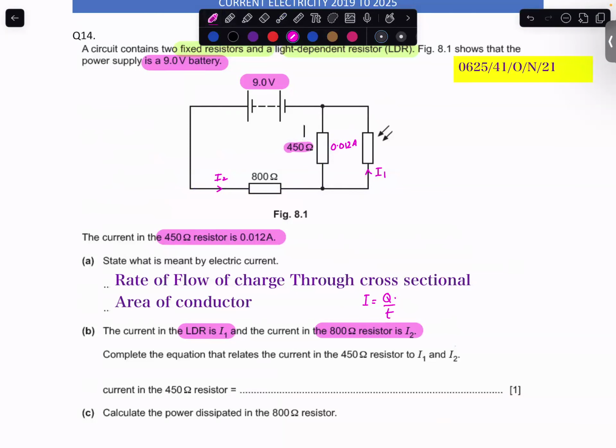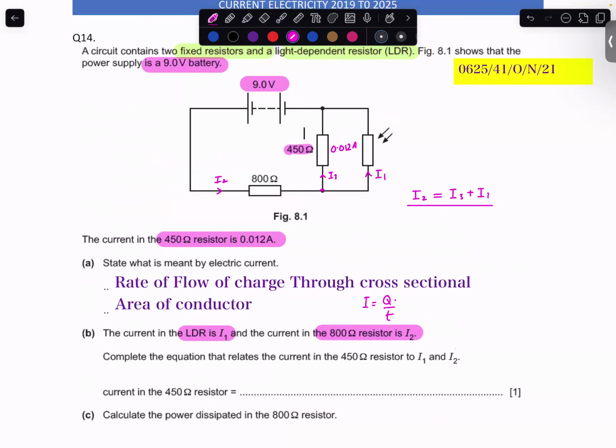If I give this the name I3, then mathematically it's very easy for me to write I2 is equal to I3 plus I1. This is the total current according to the circuit. Imagine this is the total current I2, and this I2 is divided into two regions, I1 and